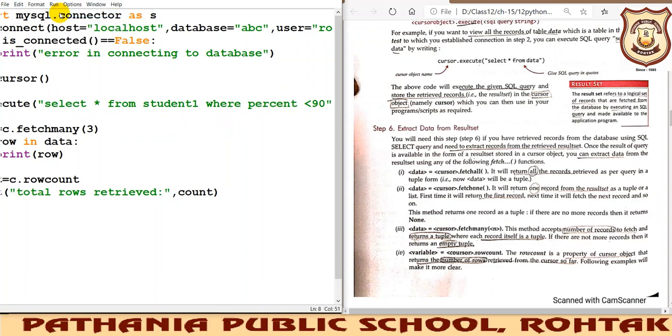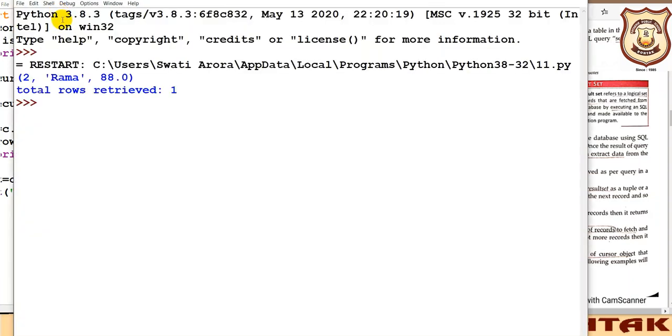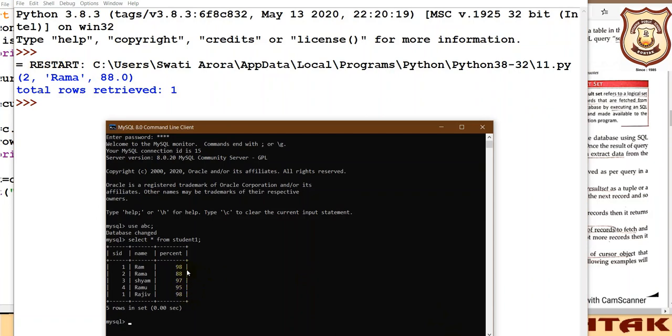Then we can run it and see. So only one student was there whose percentage was less than 90. You can check it from here. All the other students have percentage greater than 90. Only one has percentage less than 90. So in this way you can implement it.